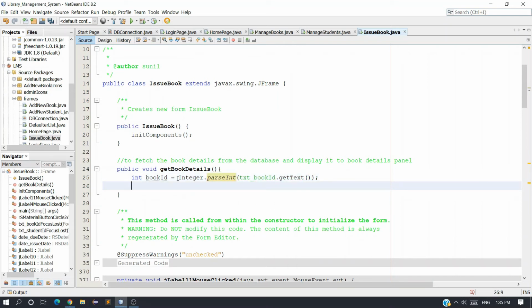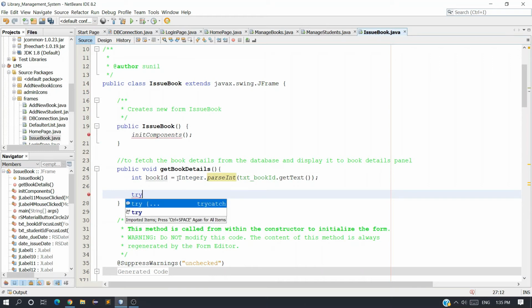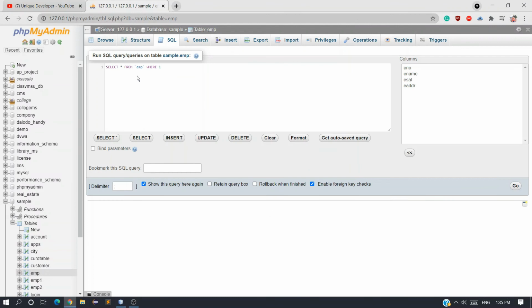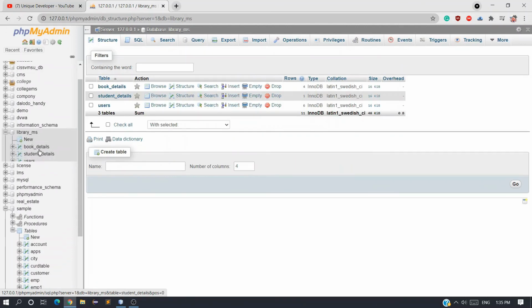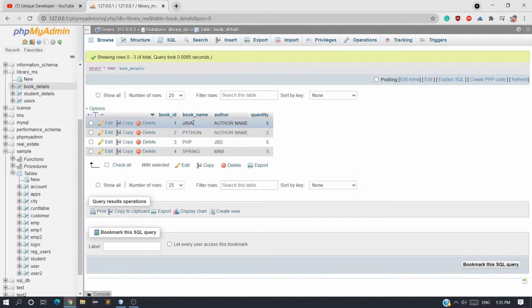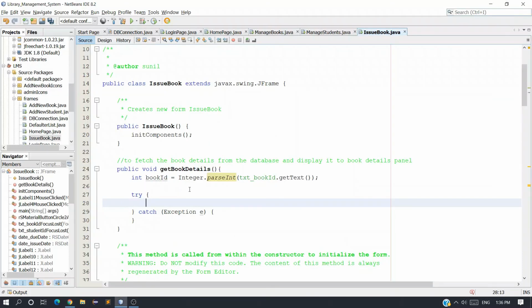Now just inside try catch we need to write the JDBC query, and it's opening library MS, our database, and you can see we have a table called book details: book ID, book name, author and quantity.